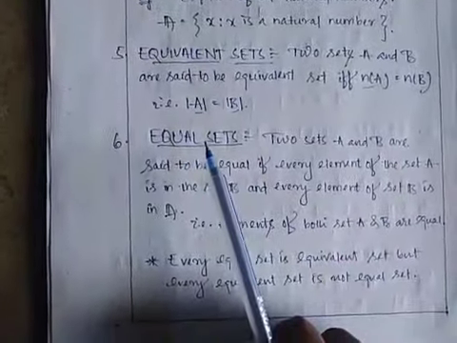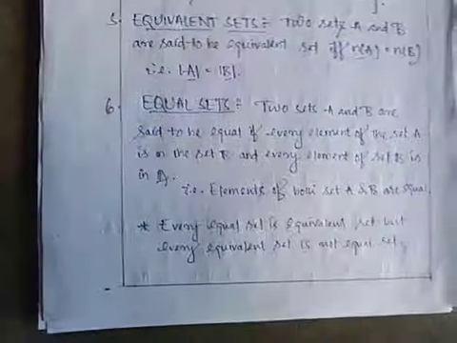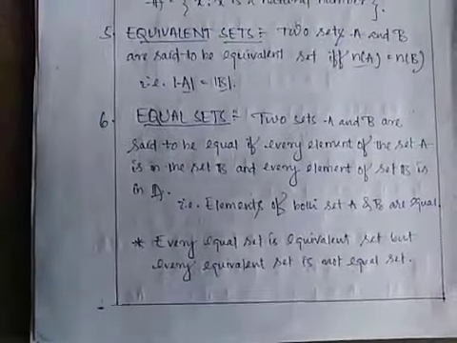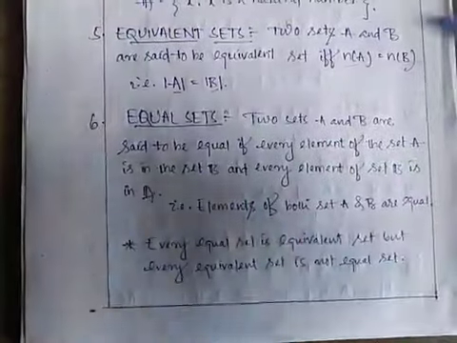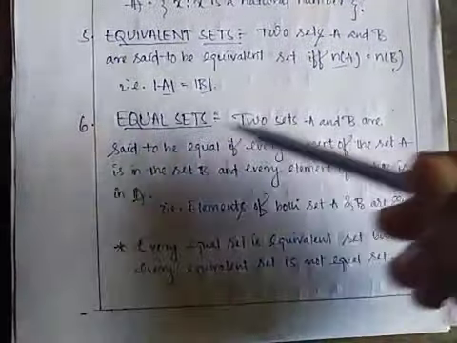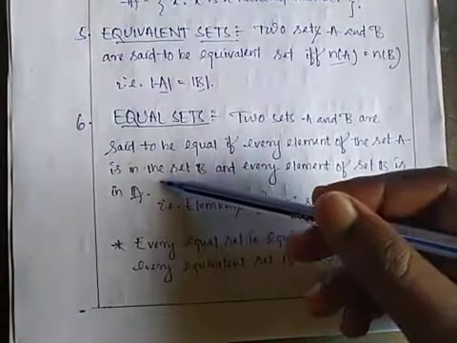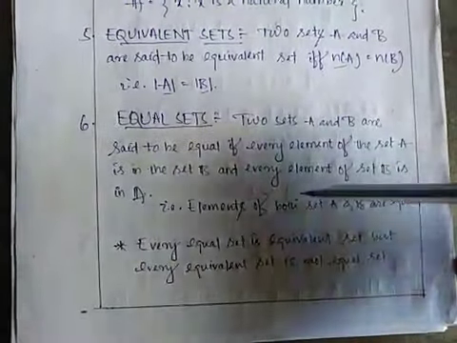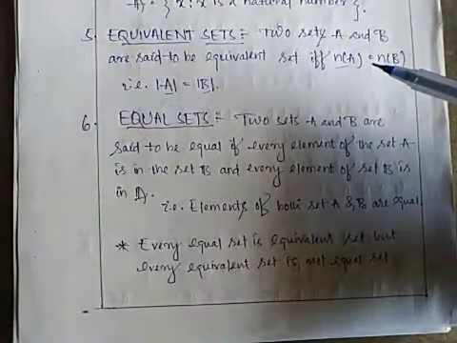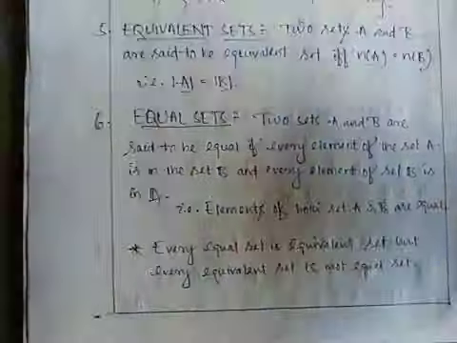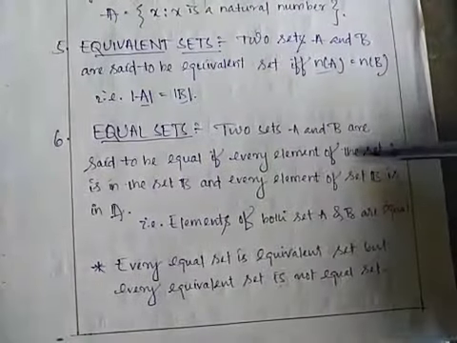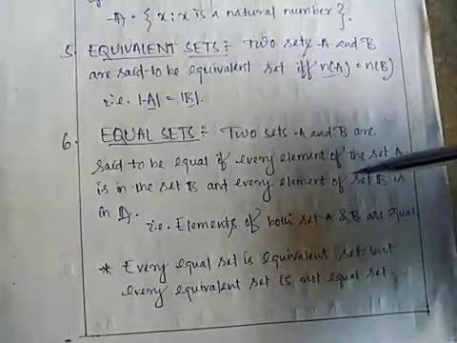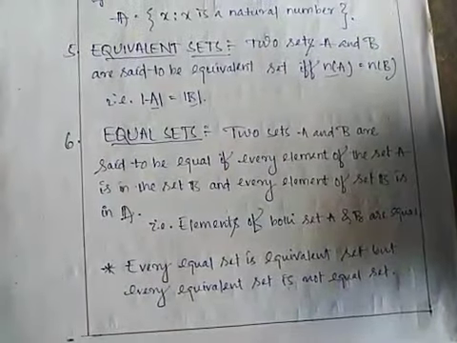Now equal set, what do you mean by equal? As you guess, आप लोगों का गेस जो भी कर रहे होंगे that will be right. यहाँ पर अगर सेट में जो एलिमेंट्स रहेंगे वो सेम हो जाएंगे, यानी कि अगर दो सेट्स होते हैं A and B, A का हर एलिमेंट अगर B में होगा and B का हर एलिमेंट A में होगा, यानी कि A and B में एक जैसा एलिमेंट्स ही रहेंगे, then that set is said to be equal set. जैसे कि यहाँ पर लिखा हूँ, देखो, if every element of A is in the set B and every element of B is in A, then that is said to be equal set.